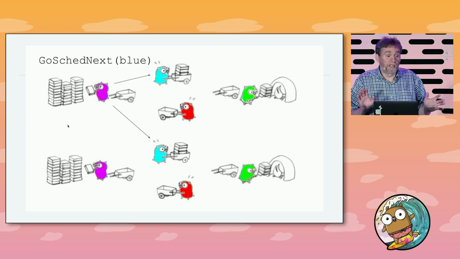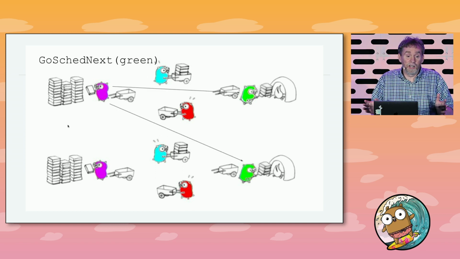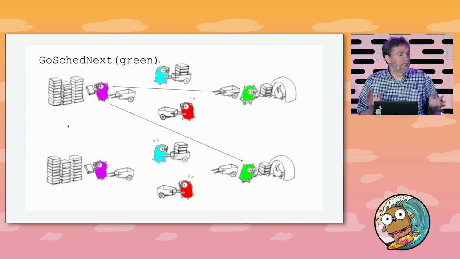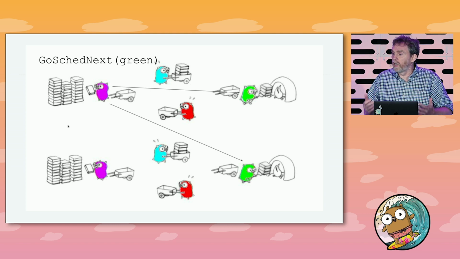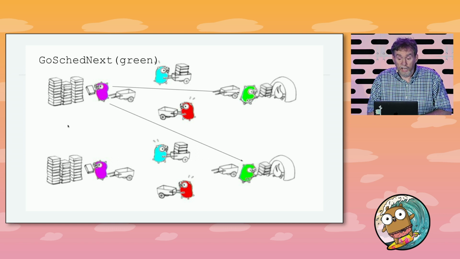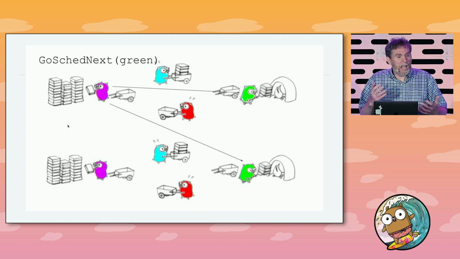But it doesn't do this. It doesn't make the green one go. Well, why would we ever want the green one to go next and not the blue one? Well, we can think of some cases. And in fact, the second thing I think would be really interesting. I mean, you have the problems that you need to solve. You know the sorts of algorithms that are interesting to you. And I think it'd be interesting to see if you have any algorithms that could benefit from